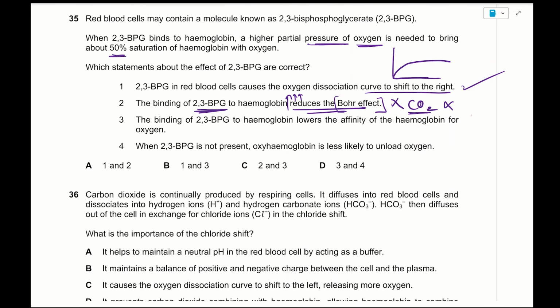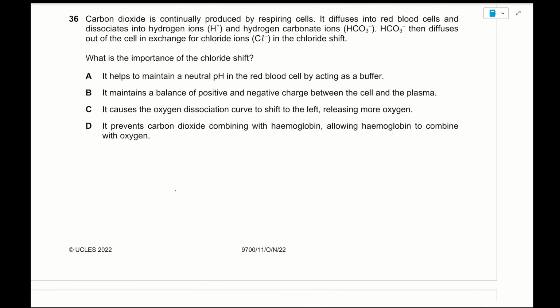3. The binding of 2,3-bisphosphoglycerate to hemoglobin lowers the affinity. Obviously, this is correct. 4. When 2,3-bisphosphoglycerate is not present, oxyhemoglobin is less likely to unload oxygen. First of all, when we're talking about this molecule here, we're talking about the affinity of hemoglobin to oxygen. We're not even mentioning oxyhemoglobin. Second of all, we're mentioning the loading of oxygen, the affinity of hemoglobin to oxygen in the loading, not the unloading. Therefore, 4 is incorrect, and the answer is going to be